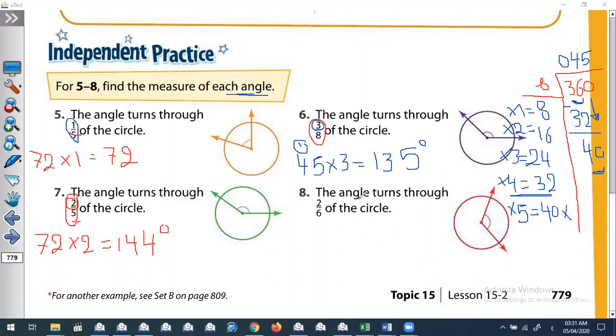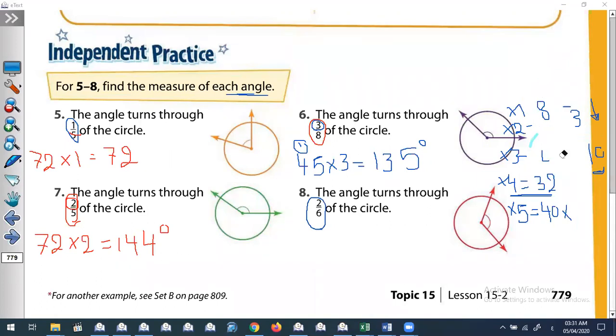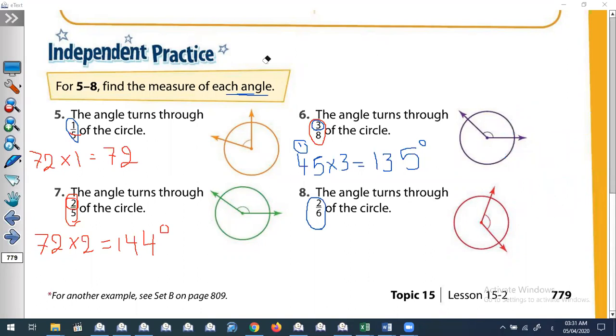Here we have the angle turned through 2/6 of the circle. We have the fraction, and we need to find the angle. Step number 1, divide 360 by 6. And I can find it directly. How come? Because 36 is direct in table 6. So it will be